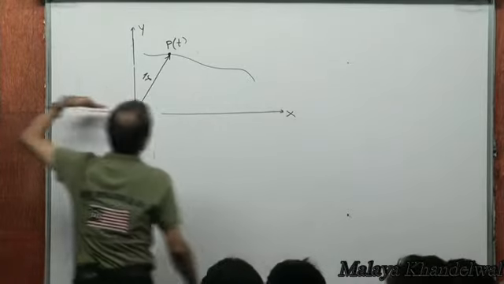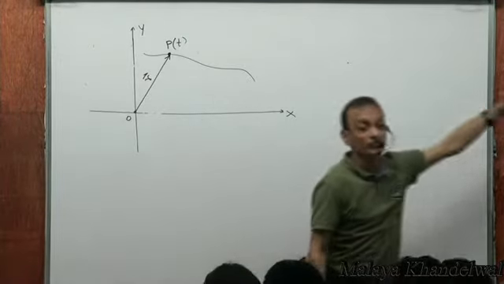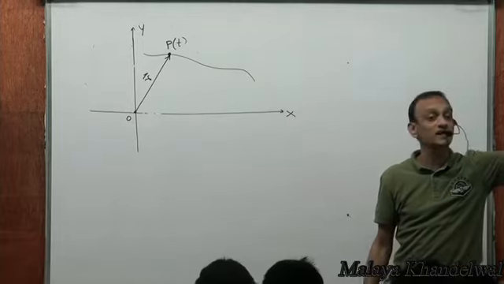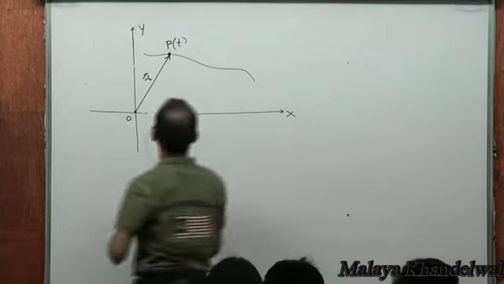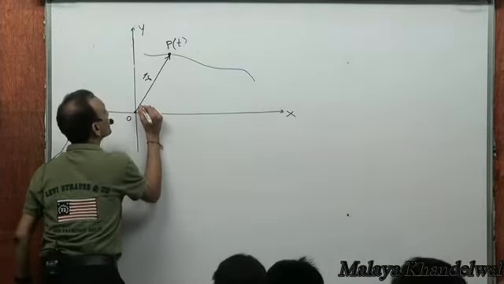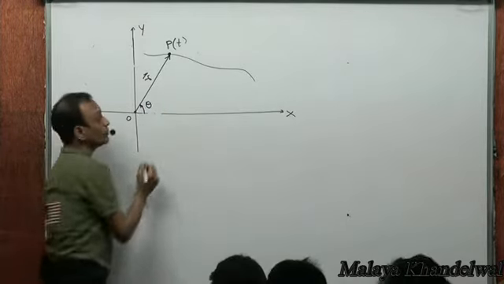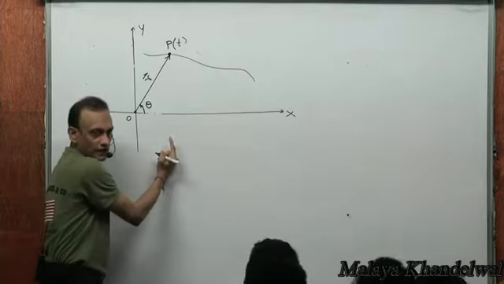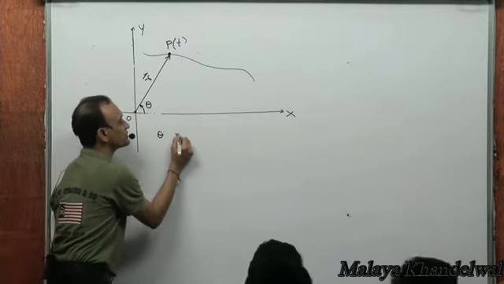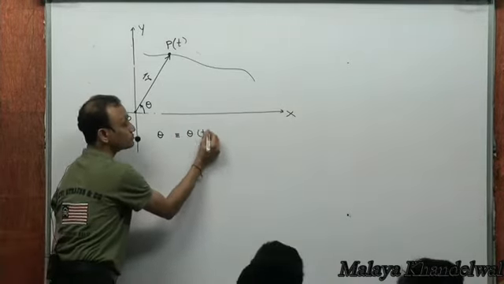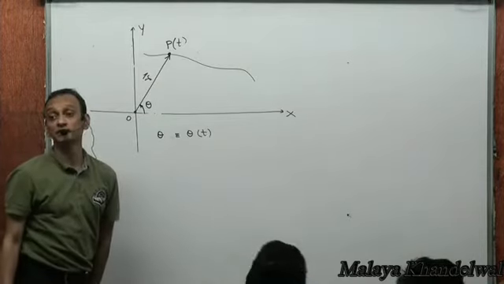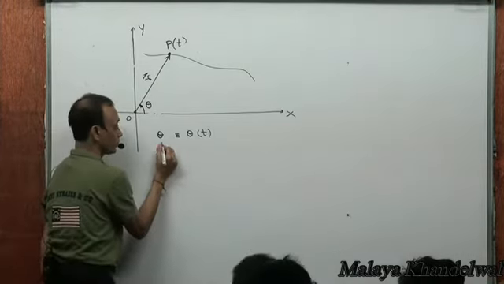I can choose to call my x-axis a reference line. Then this angle theta will be a function of time measured with respect to the reference line. This theta would be a function of time, and rate of